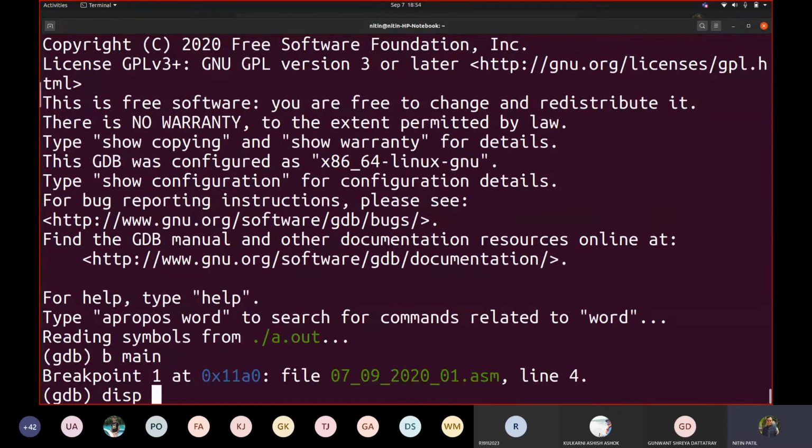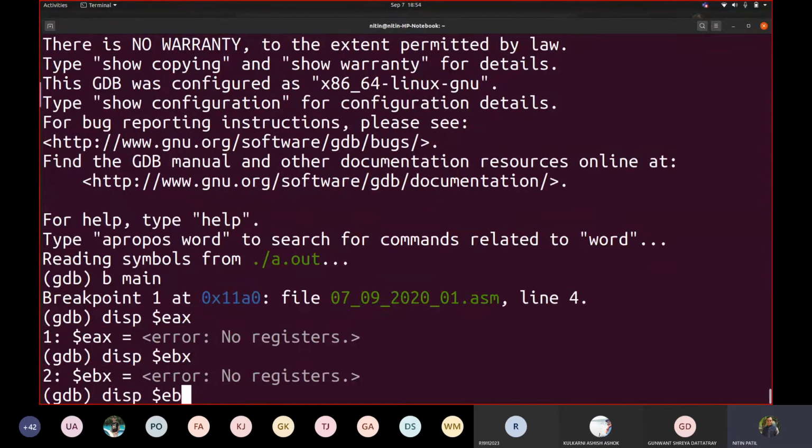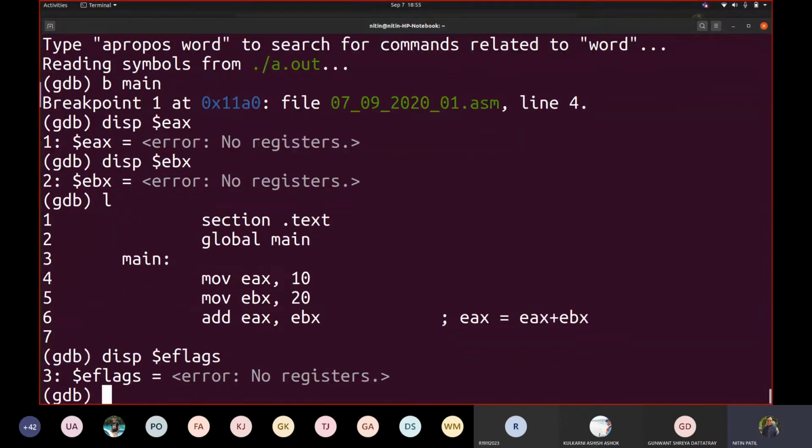And now let us add EAX, EBX. Okay, these are the only two registers we are using, so one can see EAX and EBX only. So we do not have too much to worry about. But we will display now this EFLAGS register. Fine. So this is the flag register. I suggest you read the Intel manual, or you can search about the flag register in the Intel 32-bit architecture manual, so that you can know all the details of the flag register.